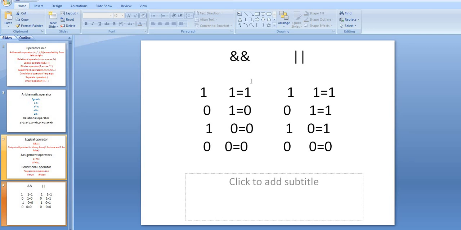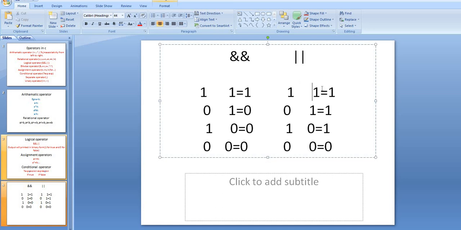In the AND operator, if the first condition is true, the compiler checks the next condition. If the first condition is false, it need not check the next condition, whereas the OR operator is quite the opposite. If the first case is true, it need not check the next case, because if any input is true, the output will be true.